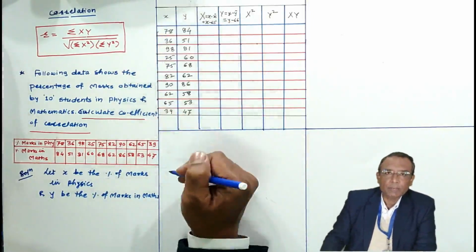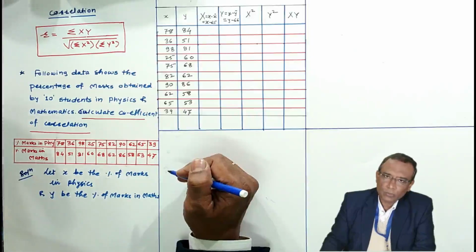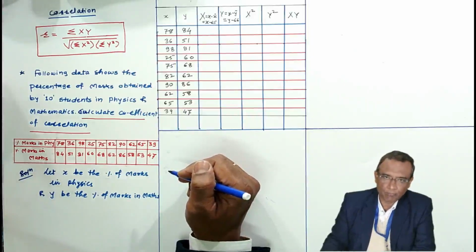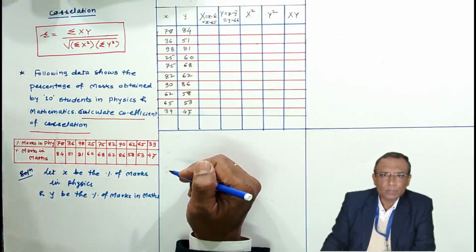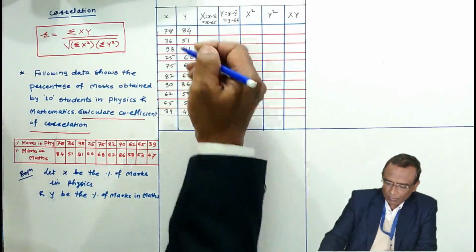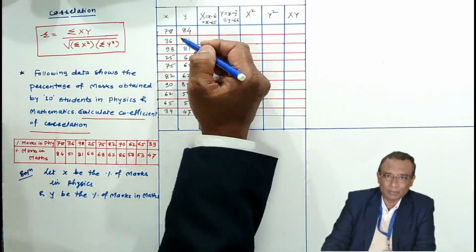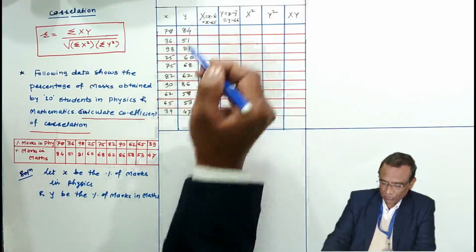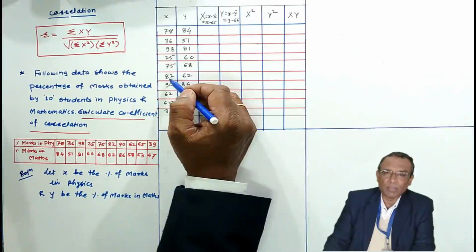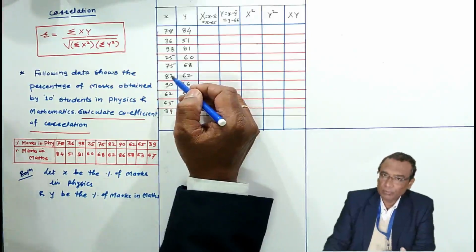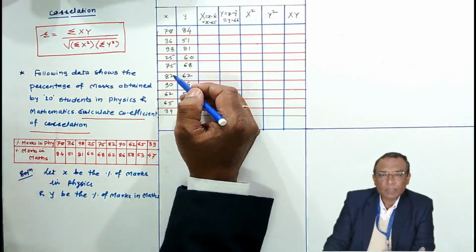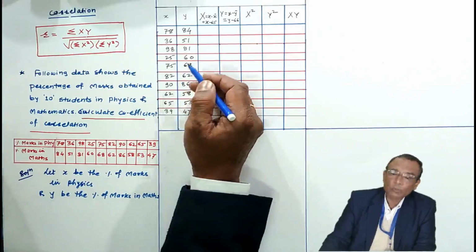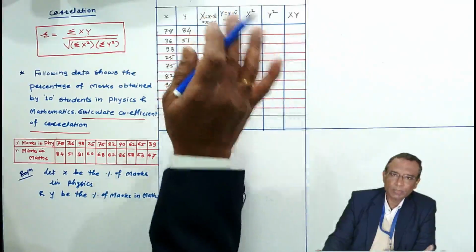Since the data is given, it is better to use mean deviation. Without mean deviation you can solve the problem, but you will have to handle big numbers, meaning the square of 78, square of 84, square of 60, square of 75, square of 82. In order to make it simple and convenient, I am using mean deviation. The use of mean deviation is not mandatory.